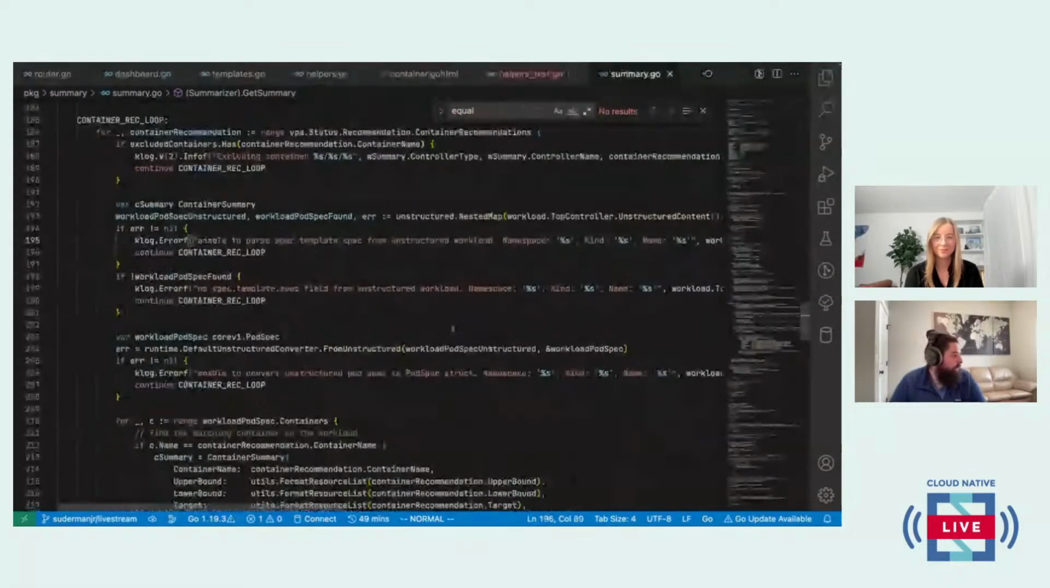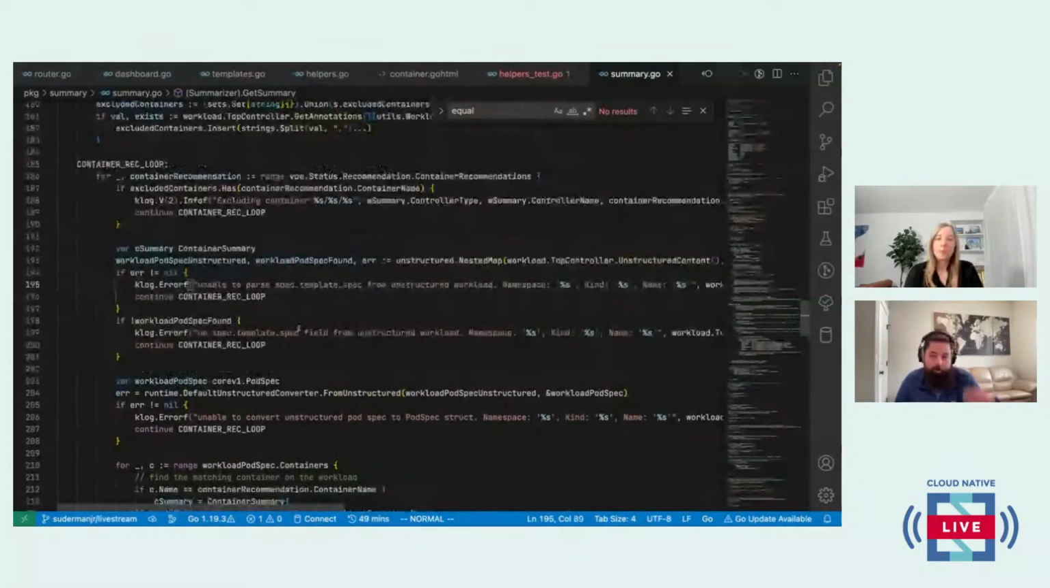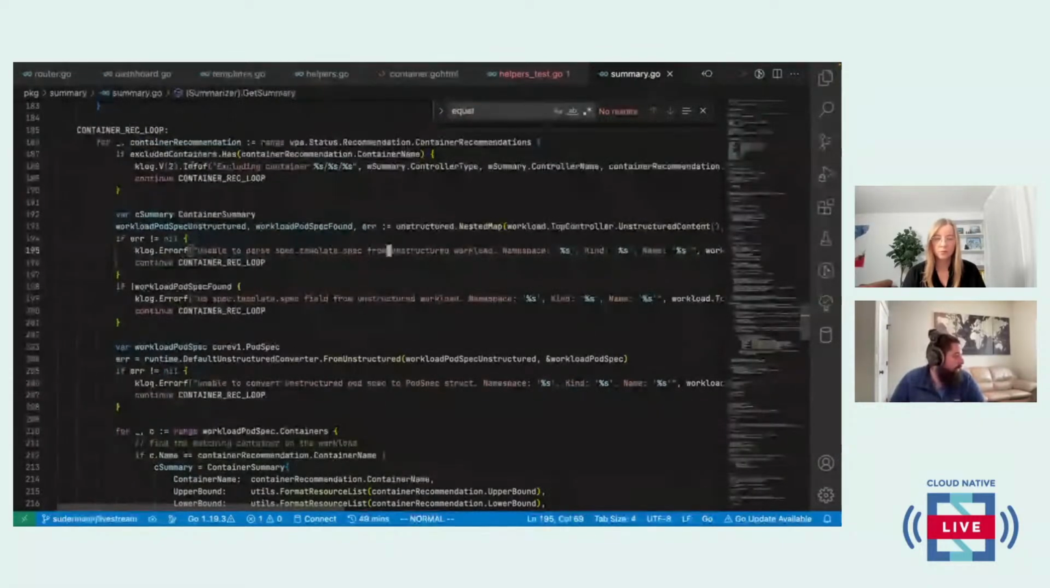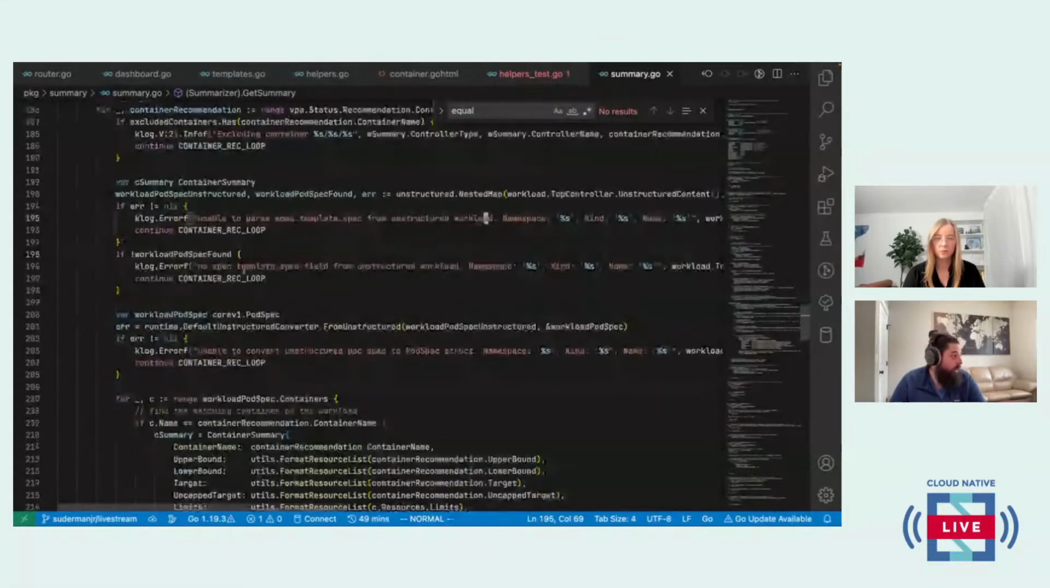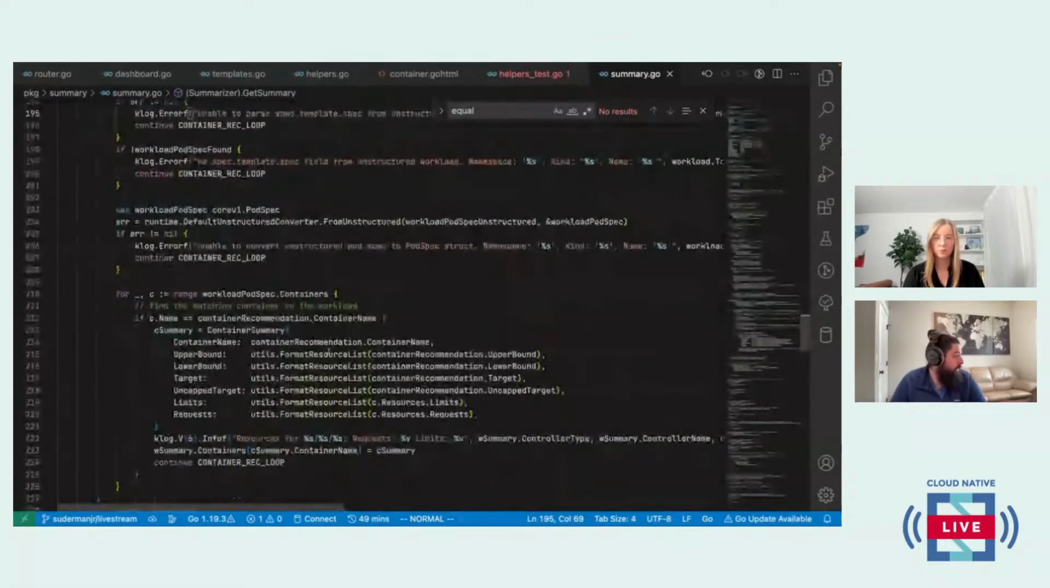This is one big ugly loop. You have to go through all of the containers in each pod and separate them out because you can have multiple containers in a single pod. But we're not going to worry about that too much either because that's excluding. Here we can pull the workload spec, upper bound,